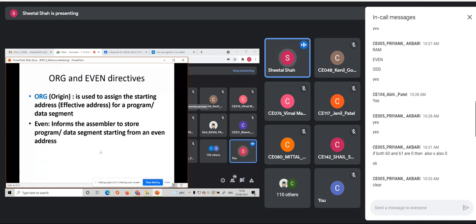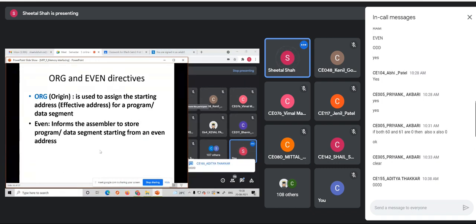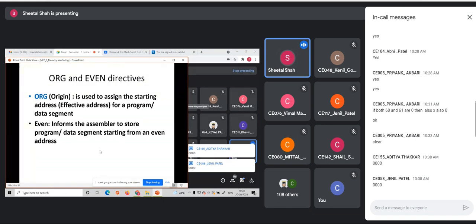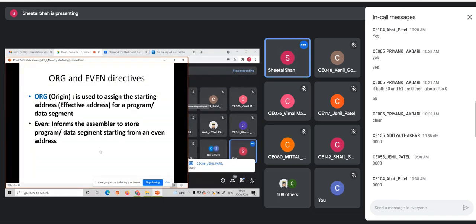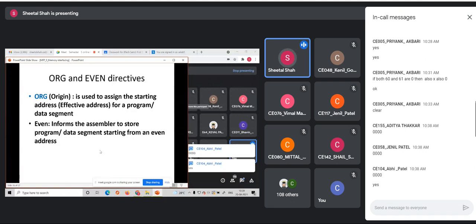Now by default, what would be the offset value of this n? By default, what would be the offset value of a variable in the data segment? Suppose I have written data segment, then n defined by 10. It would be 0, 0, 0, 0. Do you agree to this, all of you? By default, any segment's offset address would start with all zeros.